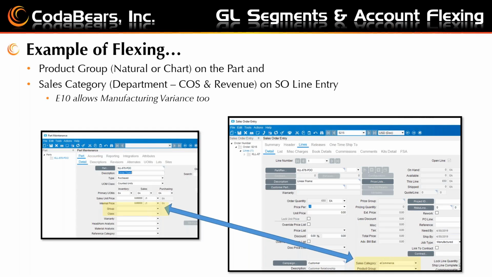We can link that to a sales category. We can link that to a GL control code. Then that sales category on the sales order line will automatically populate based on that relationship of the customer and the customer group. So we don't have to put in the sales category and product group